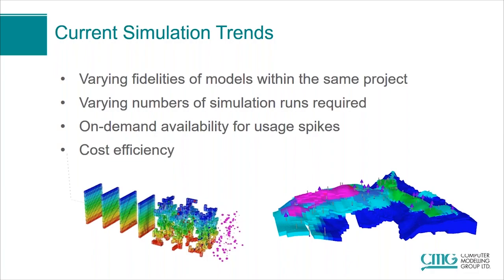There's a requirement for on-demand availability, right? So certain times of the year, you might need additional hardware capacity to figure out where the budget's going to go, whether to purchase a new asset, whether to stop development on a certain asset. Those requirements are always there. And finally, probably one of the most important things that everyone looks at now is cost efficiency, right? How do I get the most for every dollar I spend?